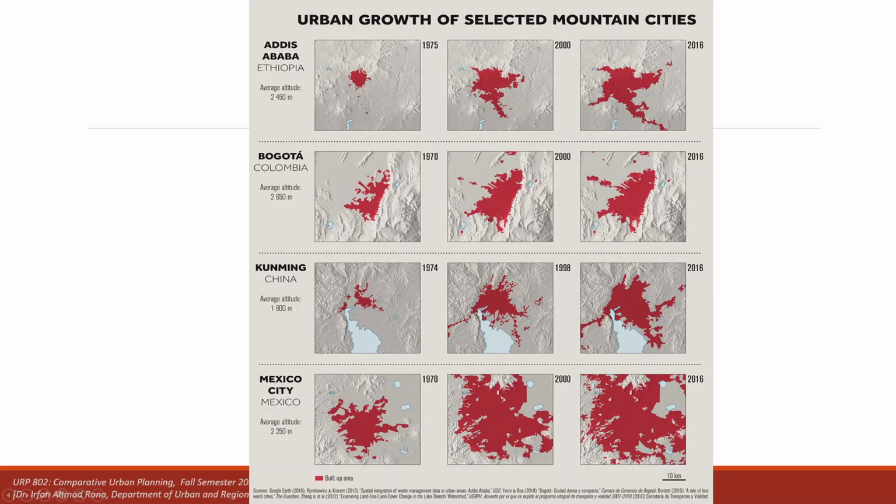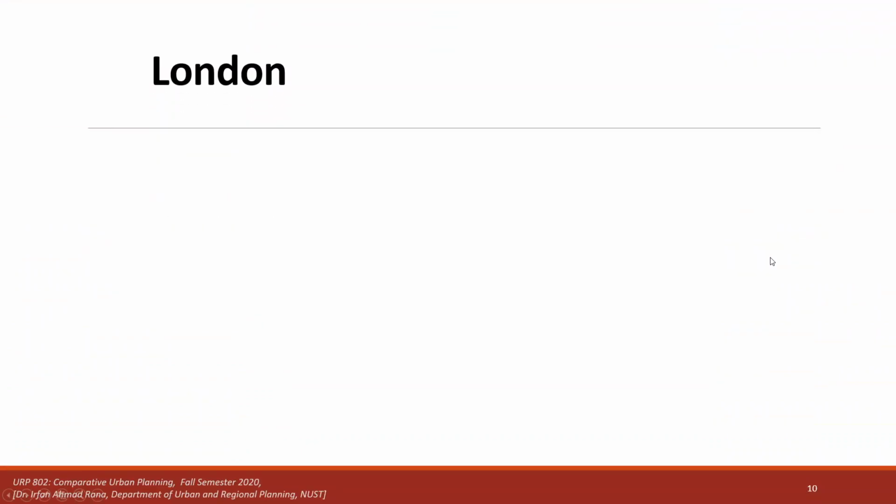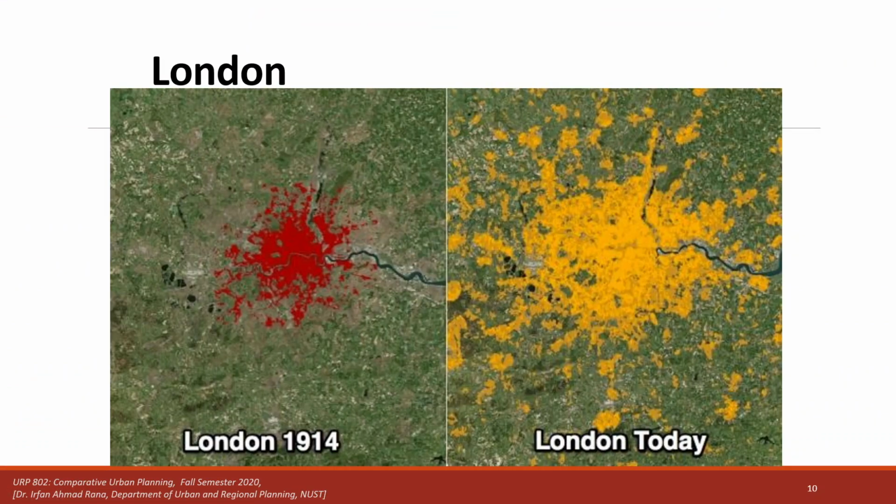So now with urbanization or urban growth, different cities of the world have started physically expanding. Urbanization or urban growth is physical expansion. In terms of spatial analysis, we can say that a city which is growing physically is consuming more and more land, more and more built-up land, so we can say the city is growing. Now, is it a bad thing or is it a good thing? The growing of a city or a built-up area, is it a good thing or a bad thing? Well, it depends